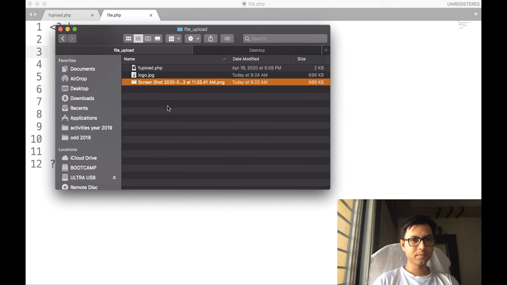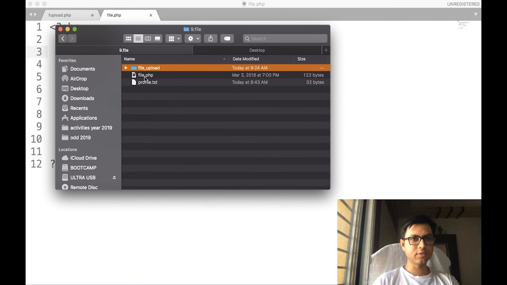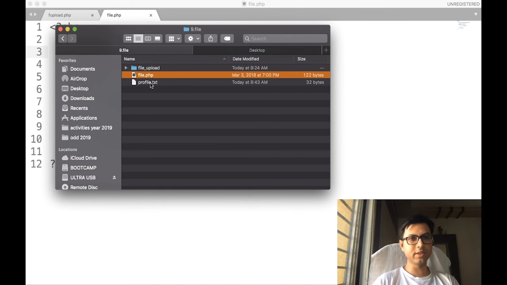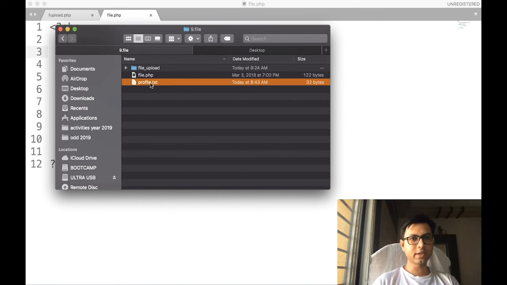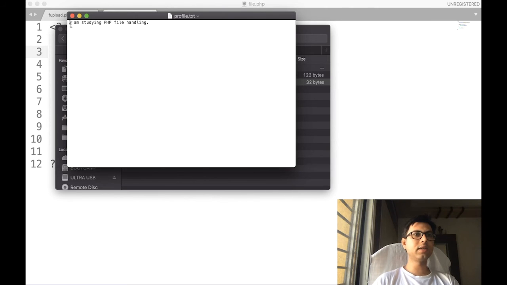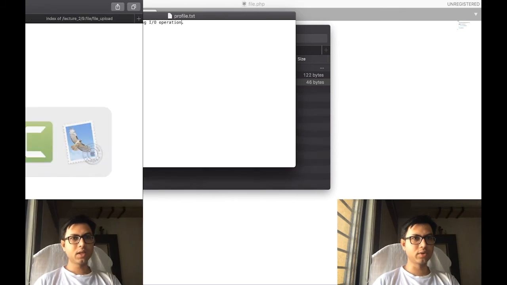Let us see. Like this, file.php is our PHP script, and this is profile.txt. Let us open this in Explorer. What does it contain? It contains: I was studying PHP file handling. If I write an updated string over here, file handling IO operation, let me save it and close, and run the file.